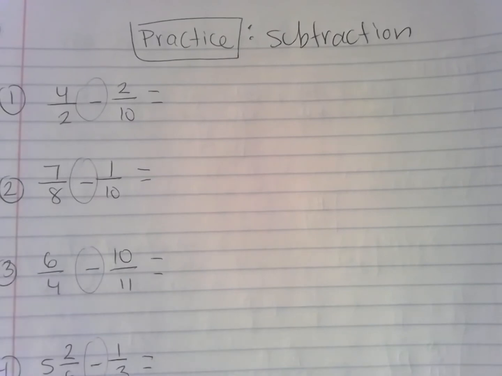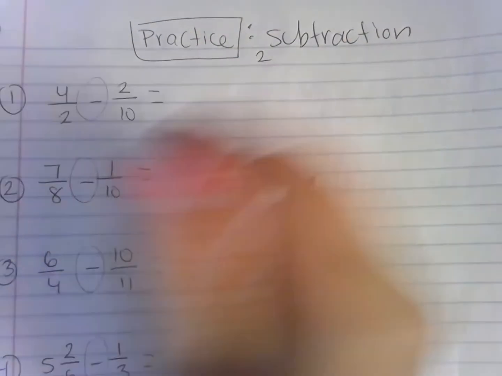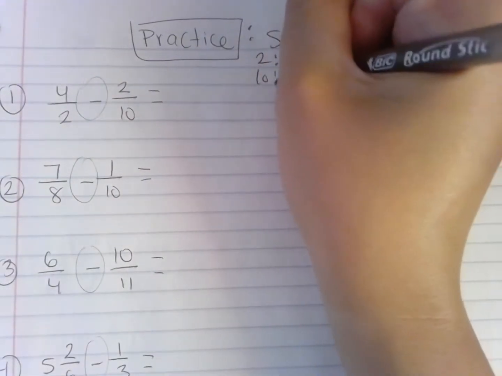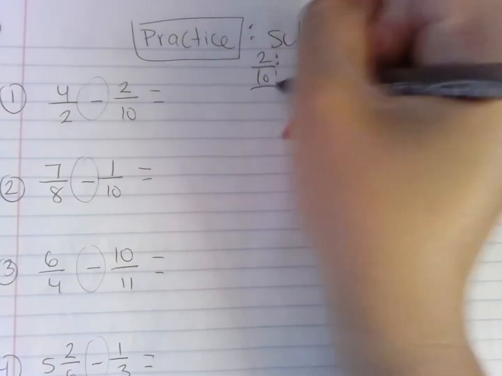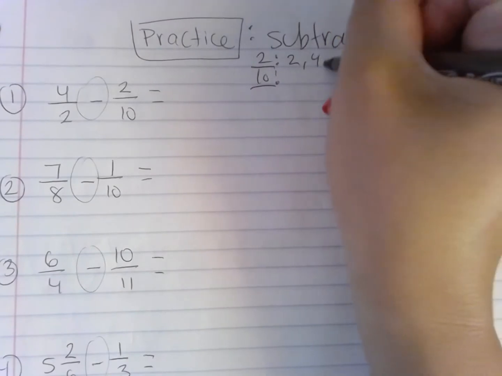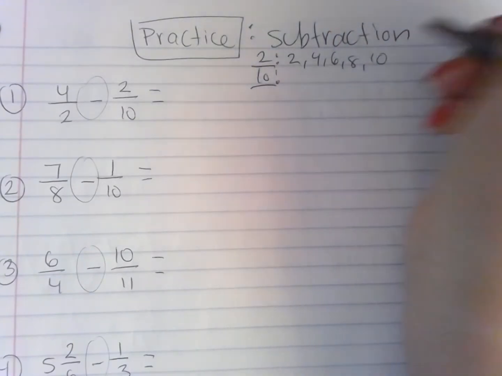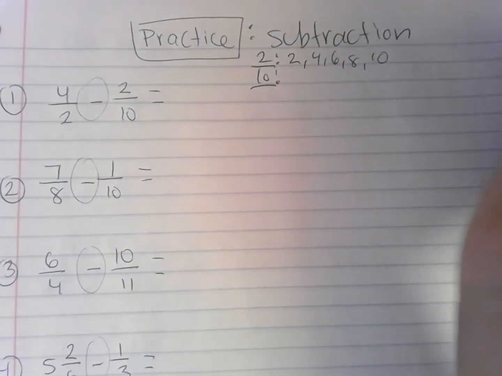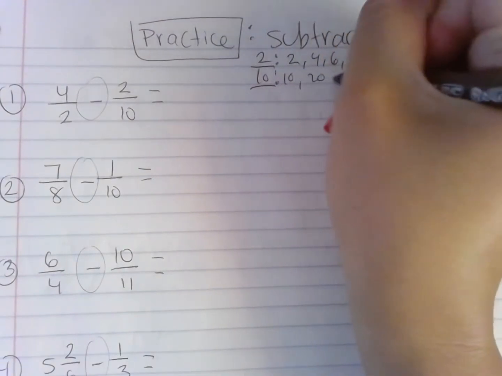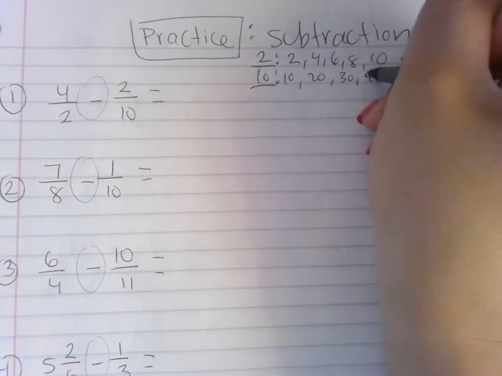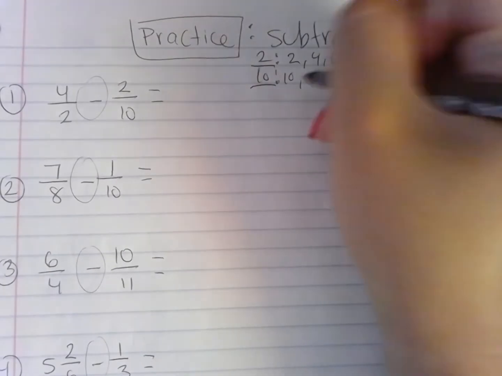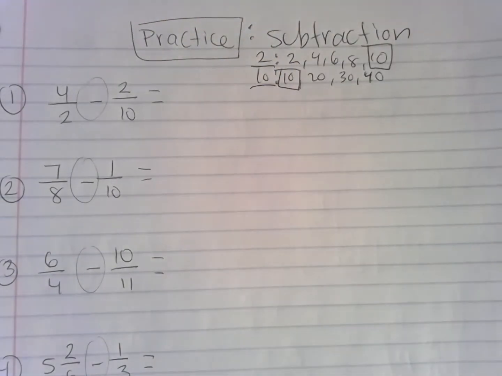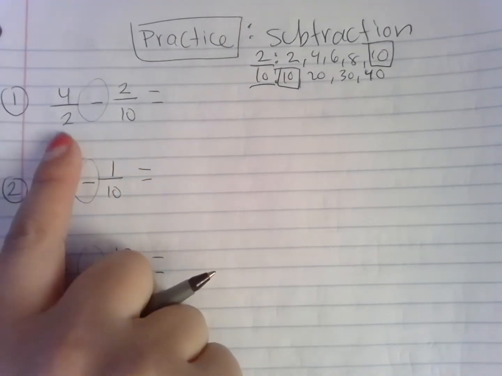What I need to do is find the common multiples here. So I'm going to take my denominators and write the numbers here on the side. And I'm just going to do the multiples of 2: 2, 4, 6, 8, 10. And now I'm going to find the multiples of 10: 10, 20, 30, 40. Remember, you need to find your least common multiple. They meet at 10. So now that they meet at 10, I need to turn my denominators into a common